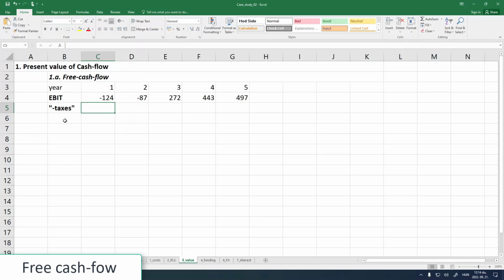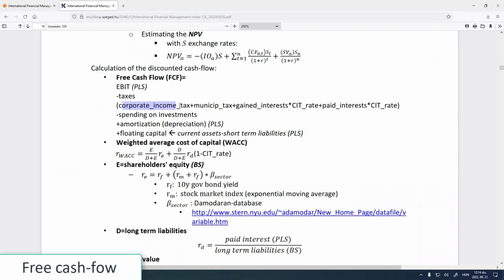Here we can see that we have corporate income tax and other main components of this one, and then we have gain interest and paid interest multiplied with the corporate income tax rate, which we know